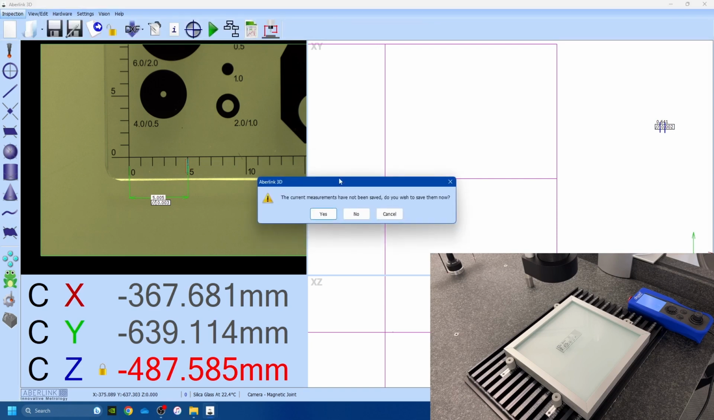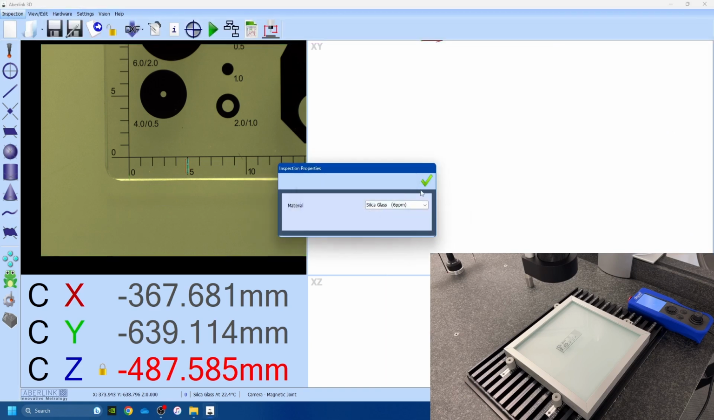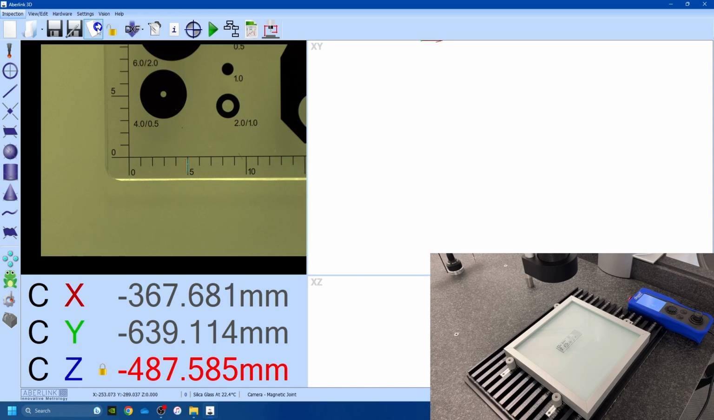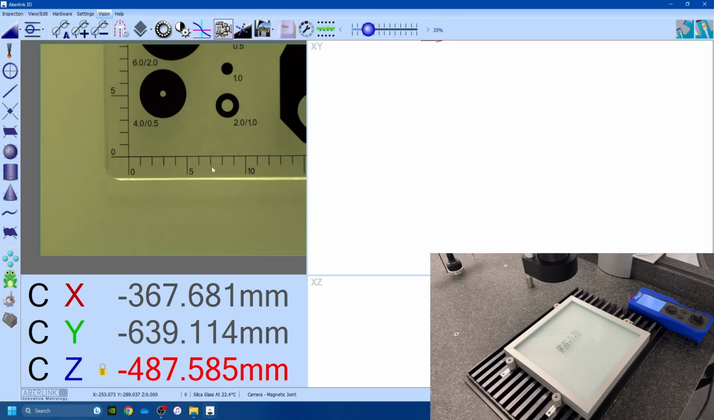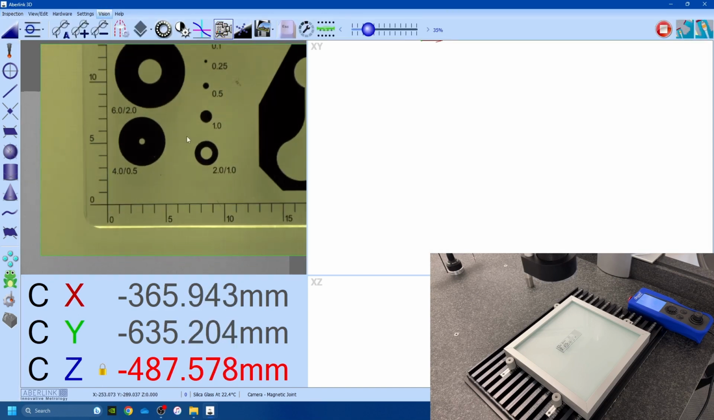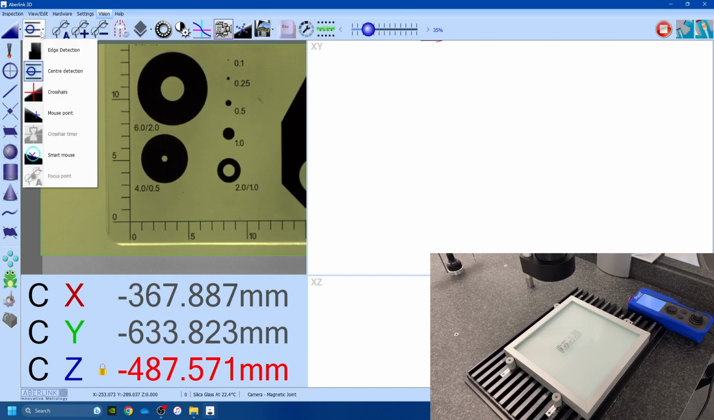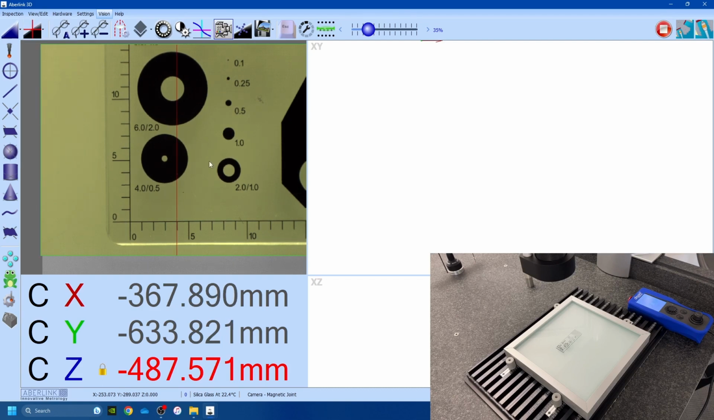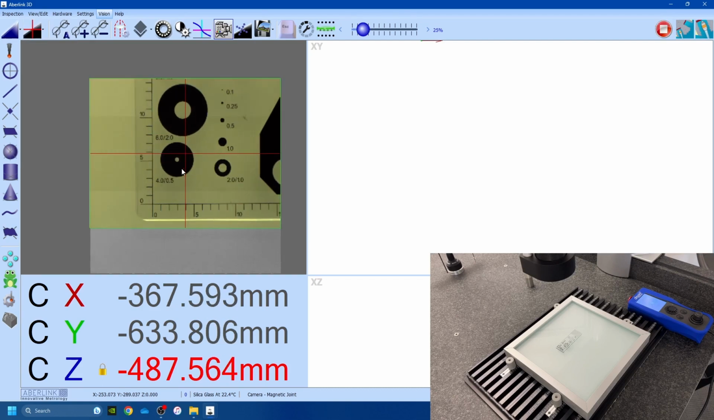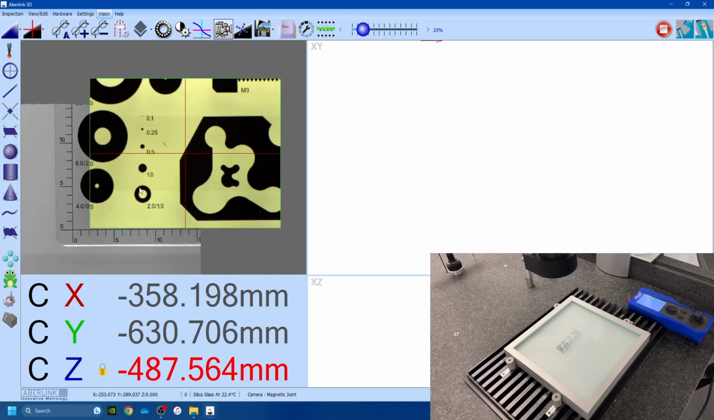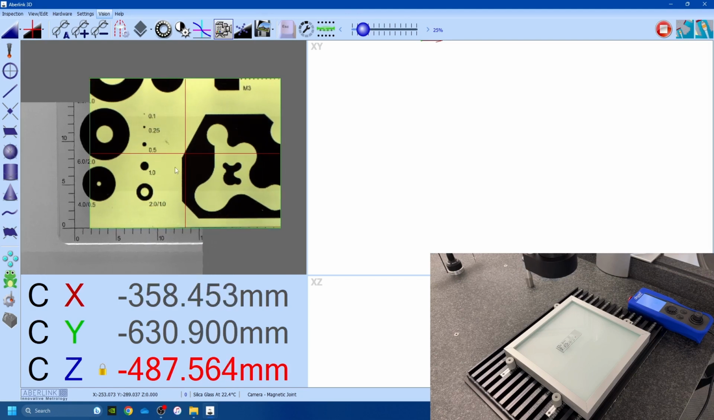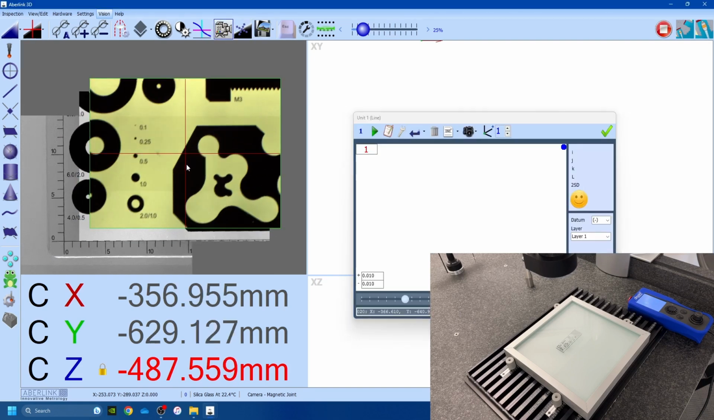Start a new inspection and we'll cover the remaining ones. Vision and escape. There we go, and we'll start from scratch. We also have a crosshairs option. This uses the crosshairs in the camera window itself, and this will literally just take points wherever the crosshairs are. One click on the screen registers the point,